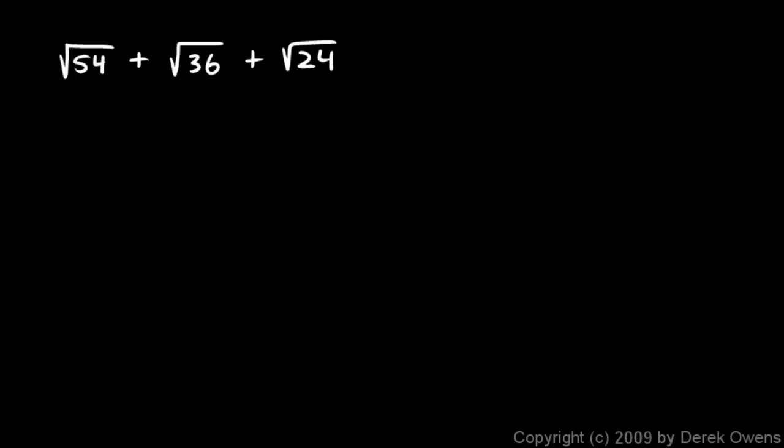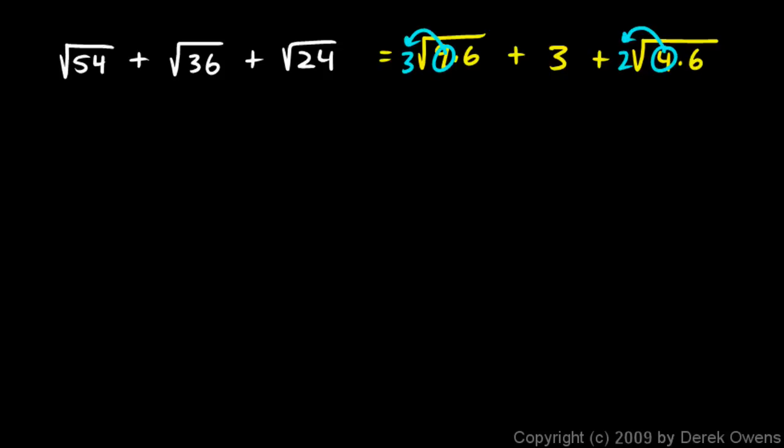And here's an example where we can do that. The square root of 54 can be rewritten as the square root of 9 times 6. The square root of 36 here can just be rewritten as 6. And then the square root of 24 can be rewritten as the square root of 4 times 6. And then we see some things happen. This 9 here becomes a 3 outside of the radical, and the 4 here becomes a 2 outside of the radical. So we end up with 3 times the square root of 6